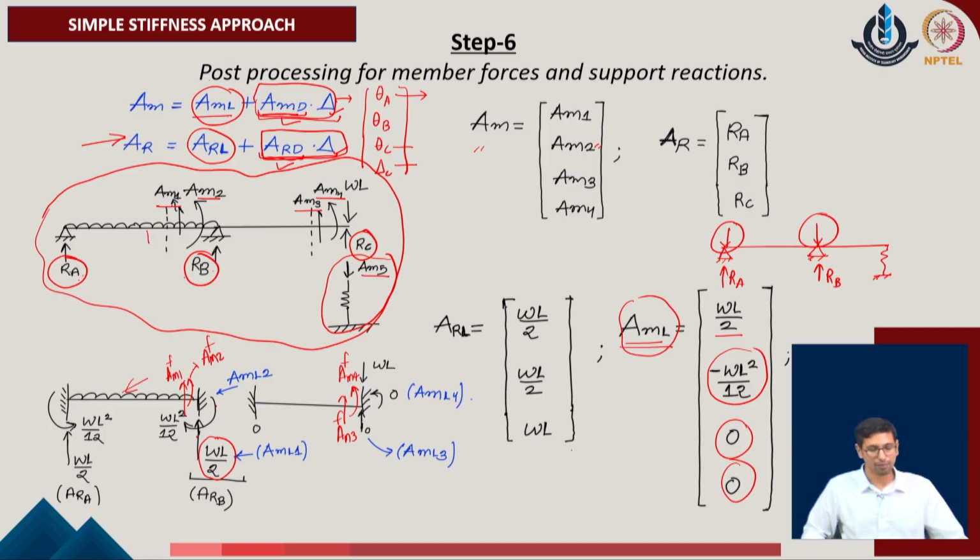So, with that idea in mind, I get the value of A of R in the direction of R A, which is W L upon 2, because I will just reverse this value of the load and it will become W L upon 2 as the equivalent joint load over here. With respect to the joint B, the force will again be W L upon 2, because this is the reaction upward. So, its component over here will be identified, and that is W L upon 2 for the given system.